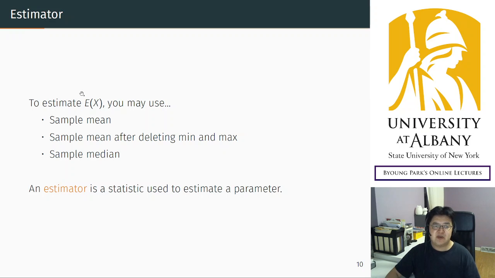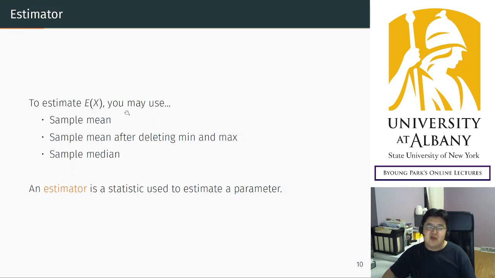It's the expected value of x, and then it's like a question. What is the expected value of x? Then, as a statistician, you have to answer that. Statistical inference is to answer that kind of question,